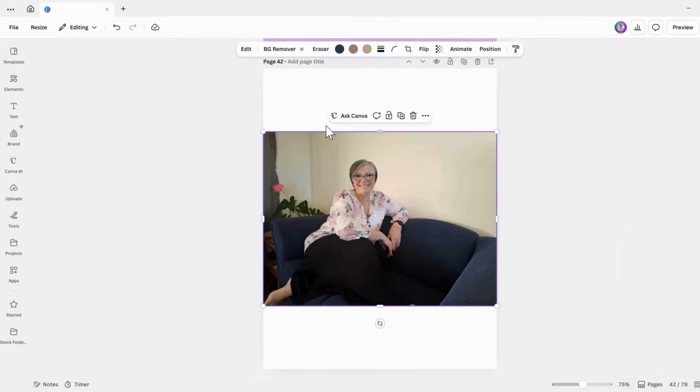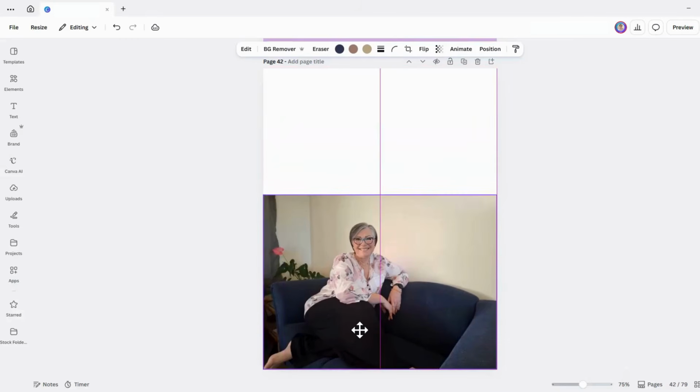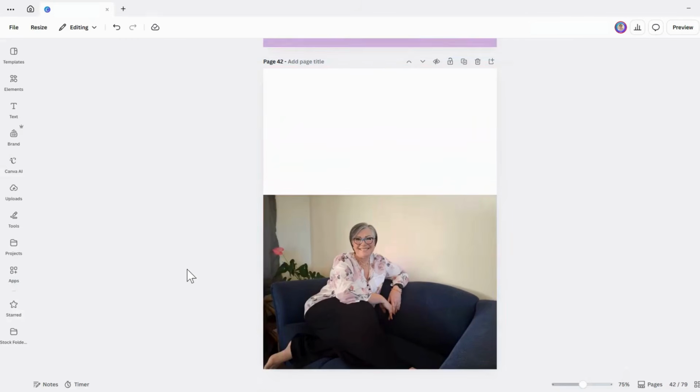Perhaps this page of mine, I want the top part of this graphic to be extended, not necessarily the bottom part. I think Canva is going to fudge this a little bit too much. So we'll maybe put this at the bottom and see if we can get this top bit to be added.